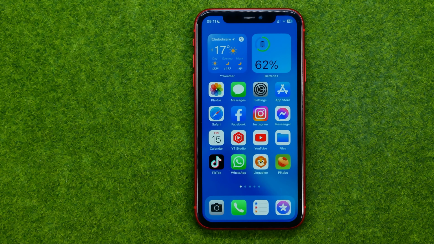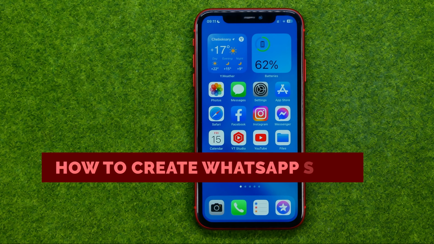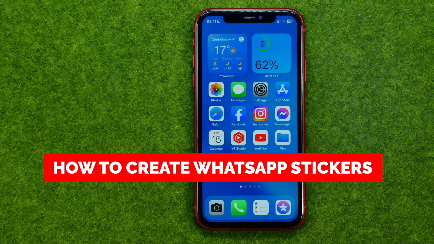In this video, I'm going to show you how you can easily create your own custom stickers from your photos